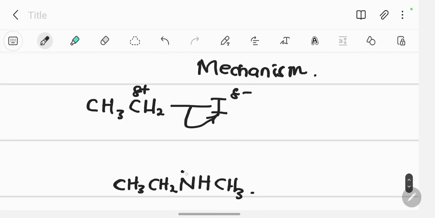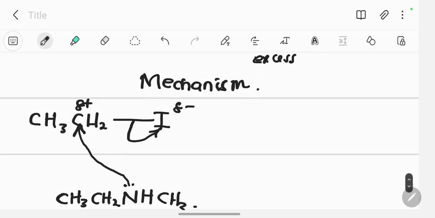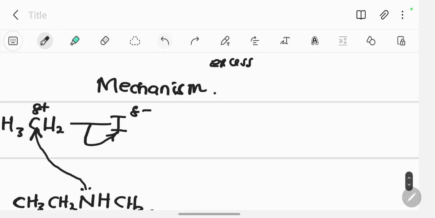So I'm going to attack using those lone pairs of electrons on nitrogen. As we attack, we lose the